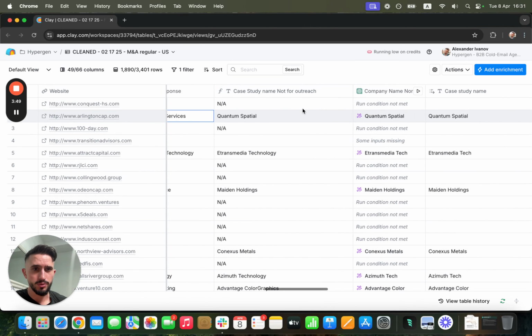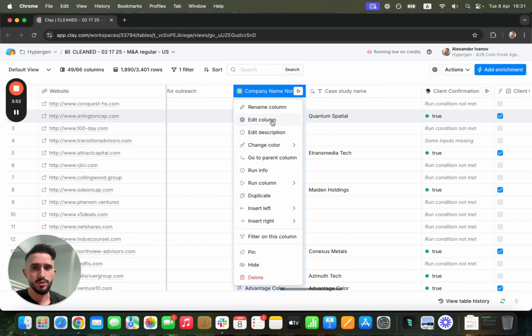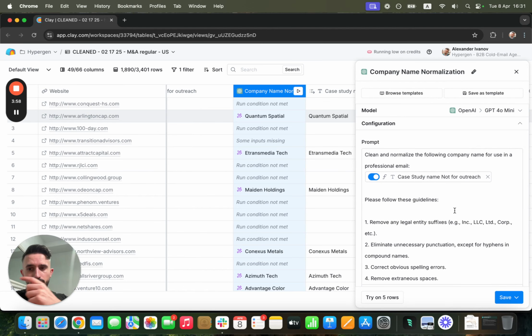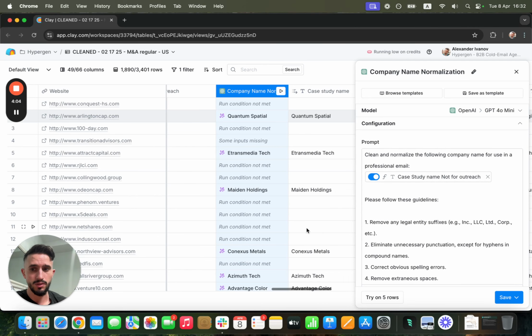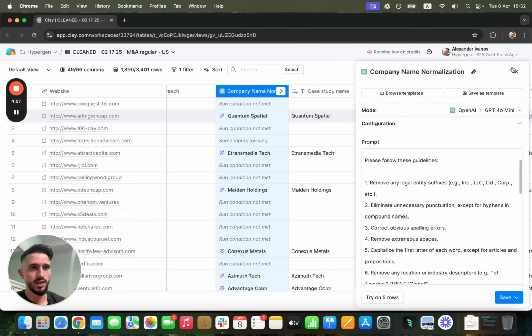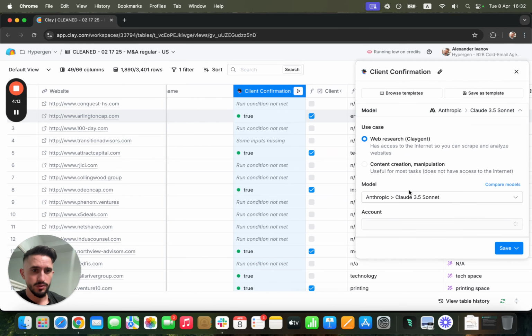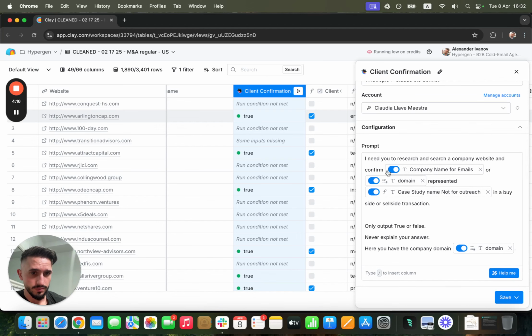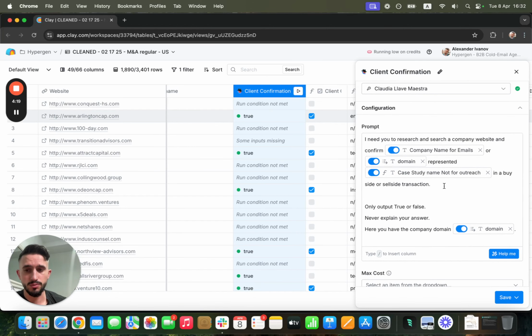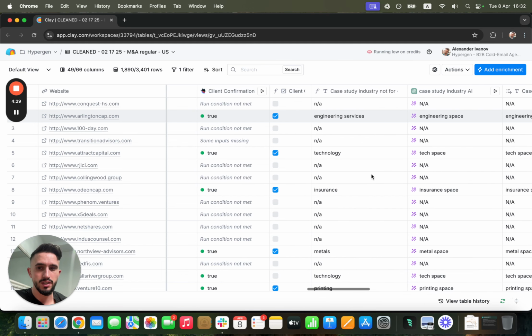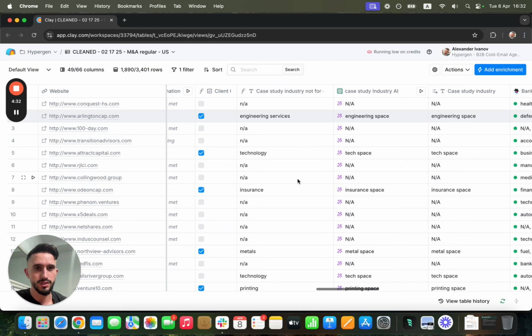Here we're using simple formulas to split it up, and we're also using AI to normalize the company name. You can use this if you're grabbing a case study for another type of business like a SaaS: you can normalize the company name, aka clean up the LLC, Inc., any kind of weird text there. Okay, and here we're just doing a few confirmations. We need to represent this domain; we're basically making sure they actually did that transaction. With any information that you pull out, it's good to ask the AI to verify it, because sometimes it can hallucinate.